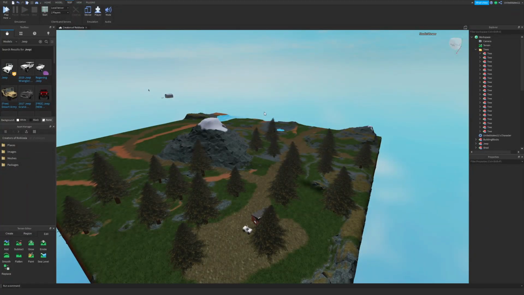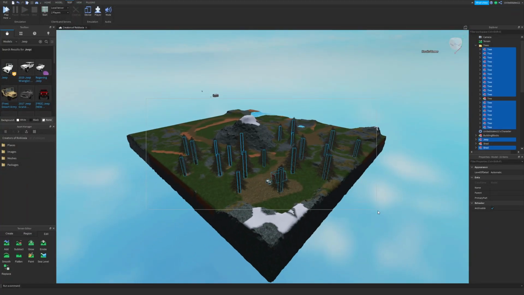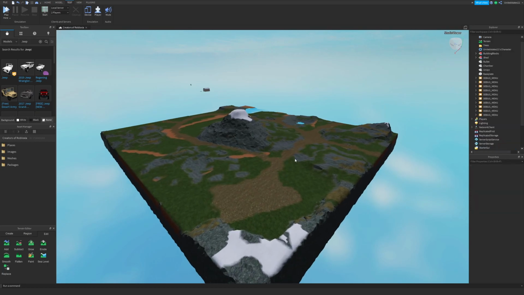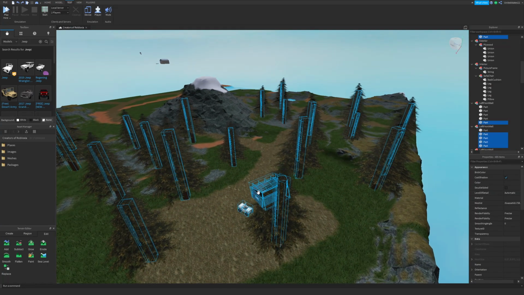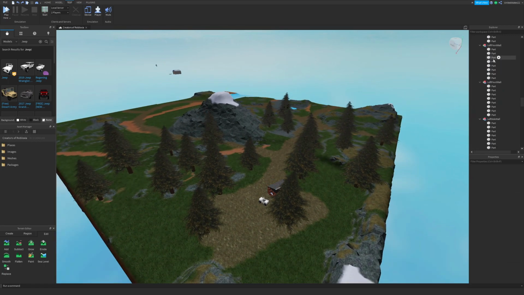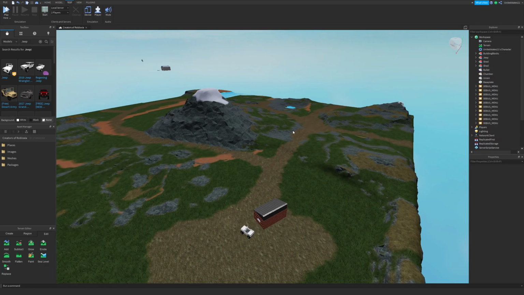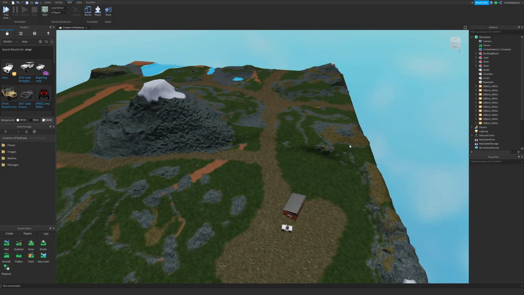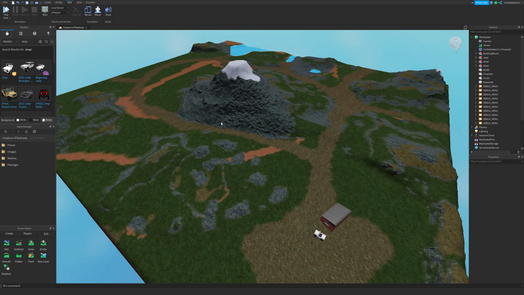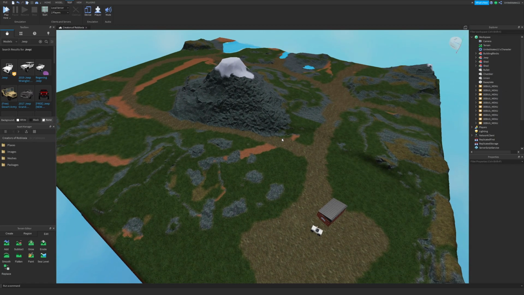So to get rid of this terrain, I'm going to go ahead and clear all these trees out first, and then once I've done that, oh, I accidentally deleted the shed. We don't want to do that. Just go to the folder that we made filled with trees and delete that folder, and that's why it's always good to have them in a group, so you don't have to single-handedly go select them in the workspace or in your game window.